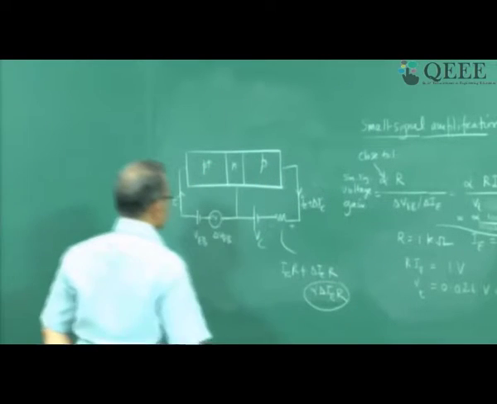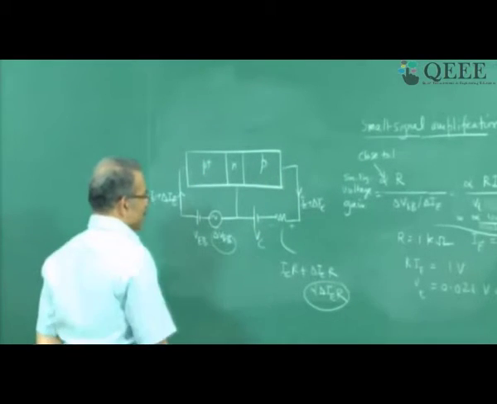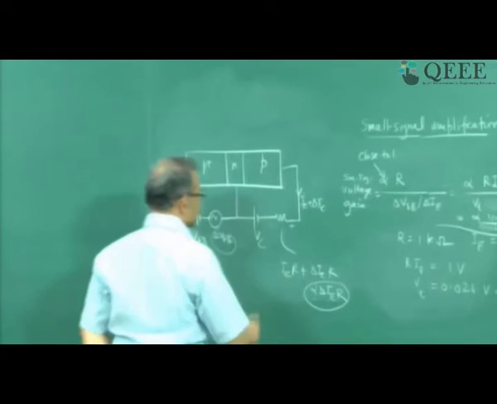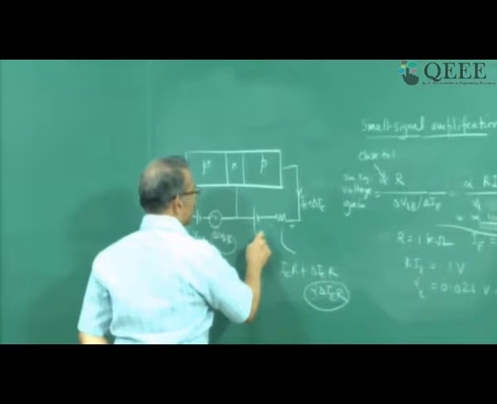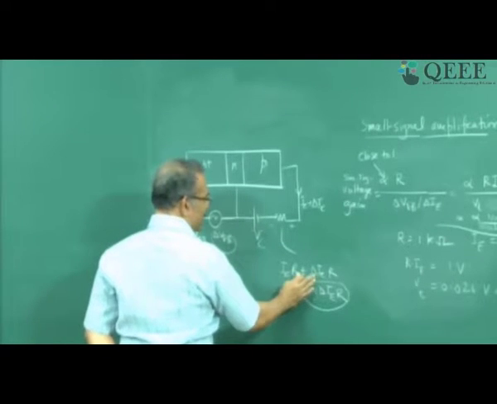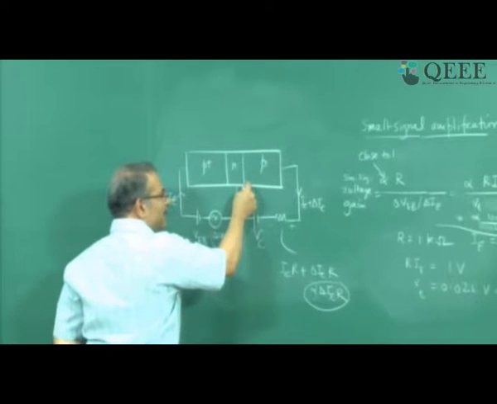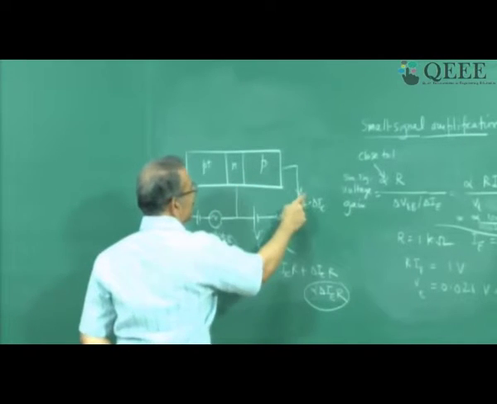Now I compare this with this. This is very large compared to this. That is how I get voltage amplification. And why is this power supply required? I will get this voltage amplification only if this is a zero bias junction. If it becomes forward biased, then the collector current is destroyed.